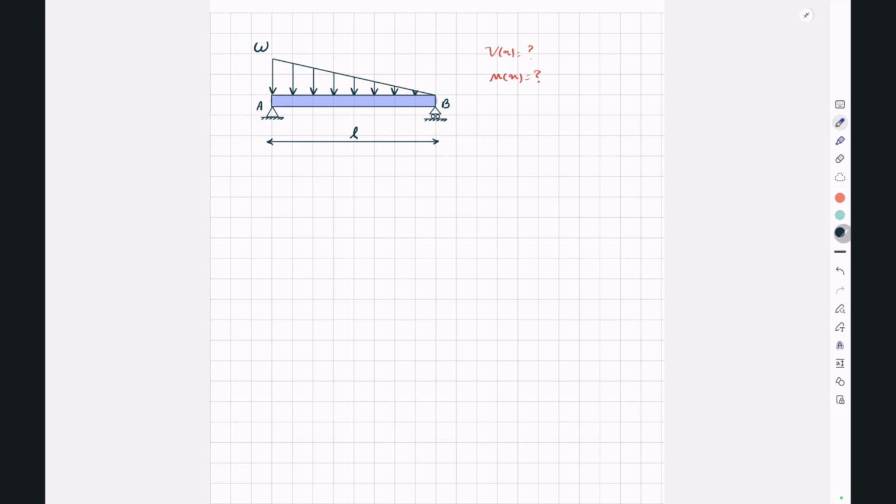We know the first step is drawing the free body diagram for this beam. So this is our beam, this is point A, this is point B. I'm just going to copy our load. We have AY here and AX, and we have BY here. Now in order to determine these support reactions, we have to write the equations of equilibrium for this free body diagram. So the second step would be,